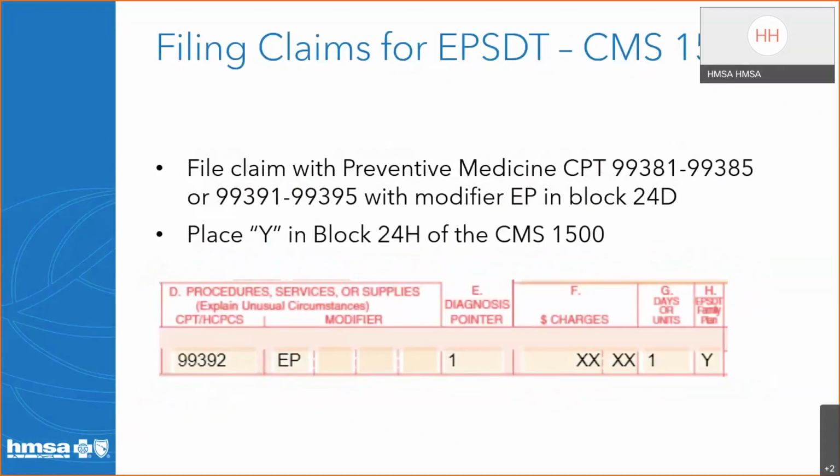A global fee is paid for each screening examination, billed with a CPT E&M code when billed with modifier EP and a Y indicator in column 24H of your claim. A completed DHS Form 8015 must also be submitted with claims, or visits will be denied with a message advising that an EPSDT form is needed.